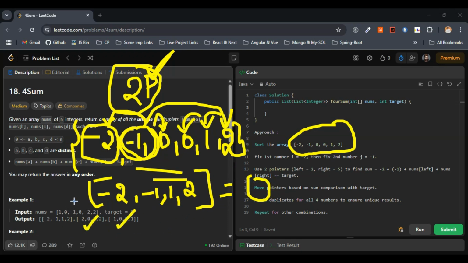I hope this part is completely clear. And one more thing, we will move the pointers based on the sum comparison with the target. Sum comparison with the target means it has to yield the target 0. If it is not, then the right pointer will be decrementing. After checking all the things, we will again increment the left pointer, and we'll check with the other numbers that are left. Basically we'll carry on the operations until we find all the quadruplets whose sum is equivalent to the